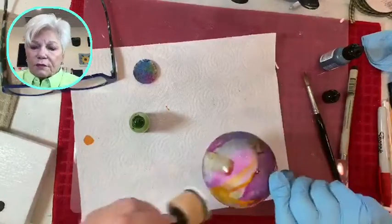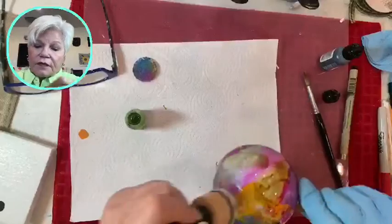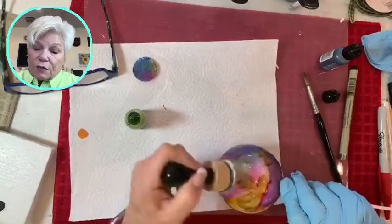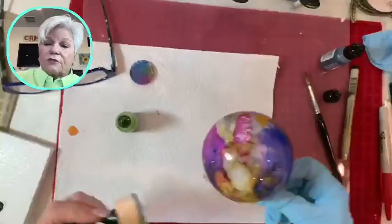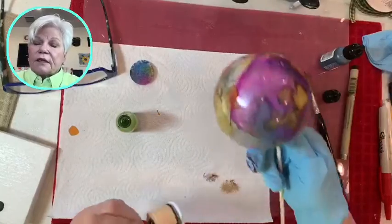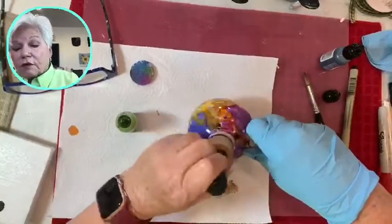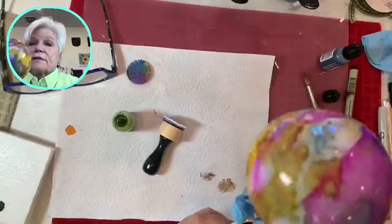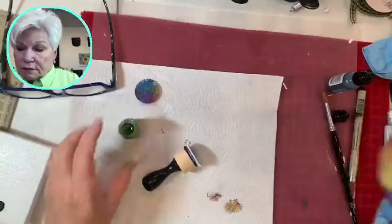Whoops. I'll go back and... It's kind of slippery. So you've got to watch it so it doesn't jump out of your hands. There's the spot that I needed to touch up. These little pads are really handy to have if you do any alcohol ink work, because like I said, they save your hands. And let me see, there's one other place, like right here, I'm going to put,